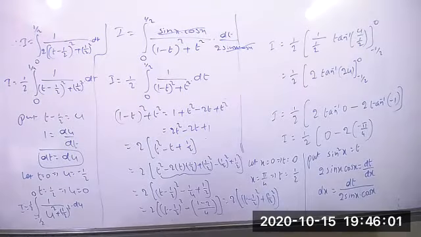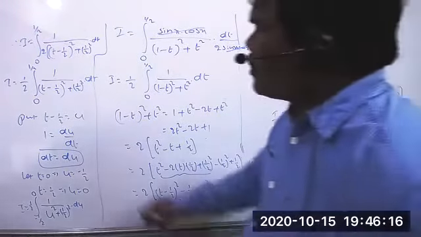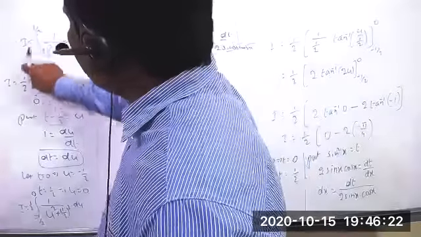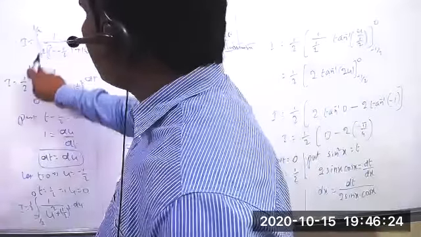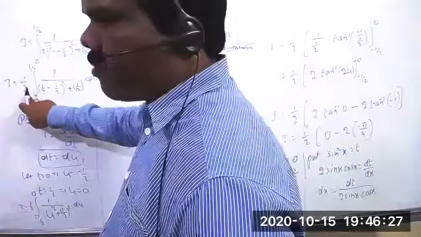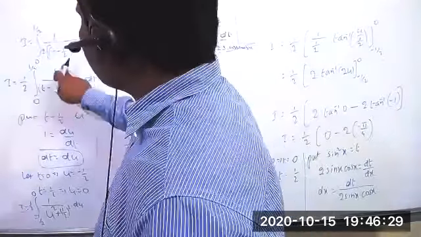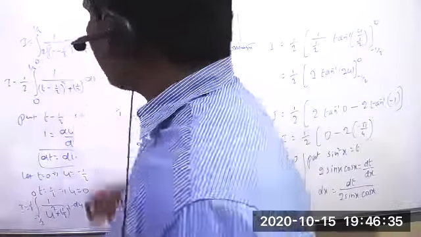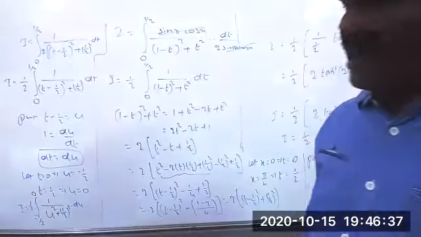t equal to 0 means the value of u equal to minus 1 by 2, correct only. t equal to 1 by 2 means 1 by 2 minus 1 by 2, so the value of u equal to 0. It's fine. Sir, in the left side top, first comes here. There you took 2 common. The 1 by 2 I am taking outside. This one I wrote outside, 1 by 2. The remaining is as it is, integration from 0 to 1 by 2 of 1 by t minus 1 by 2 whole square plus 1 by 2 whole square. It's correct.